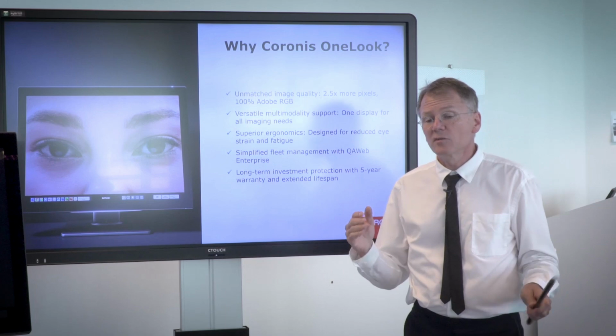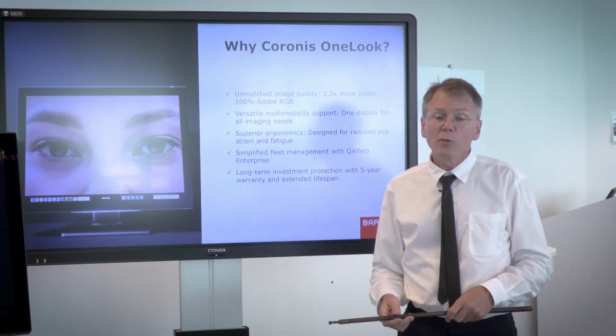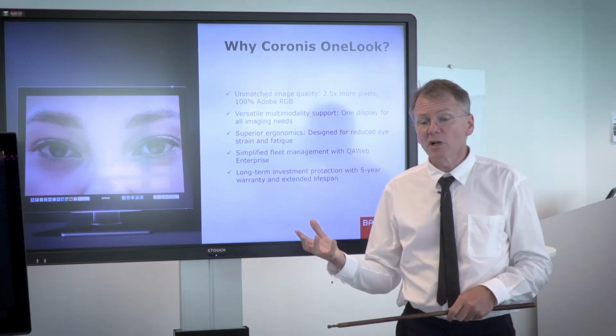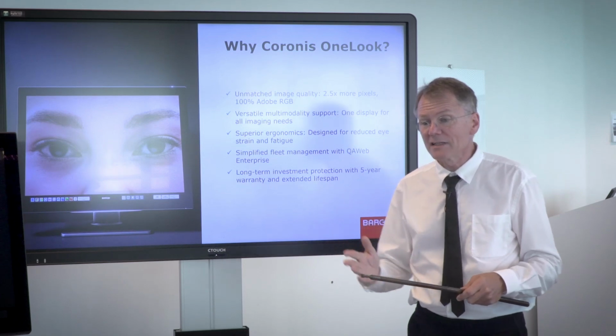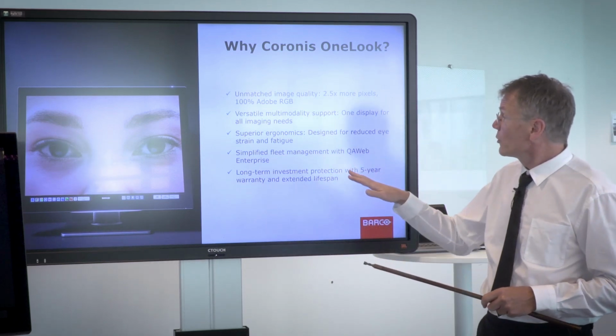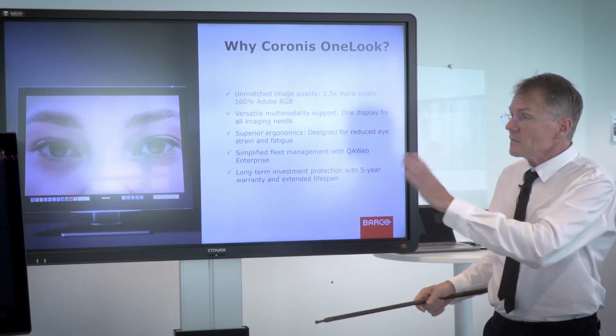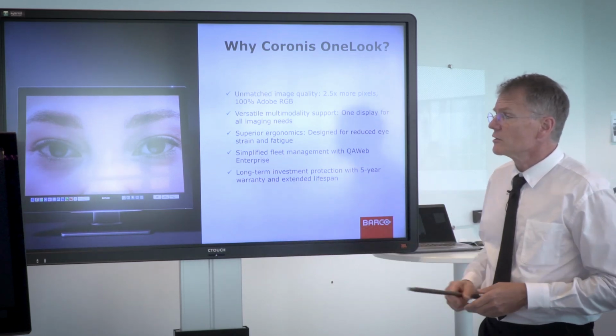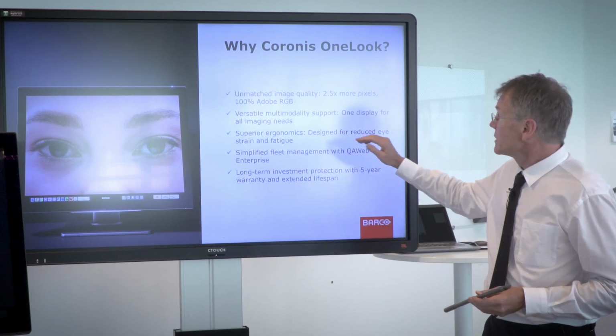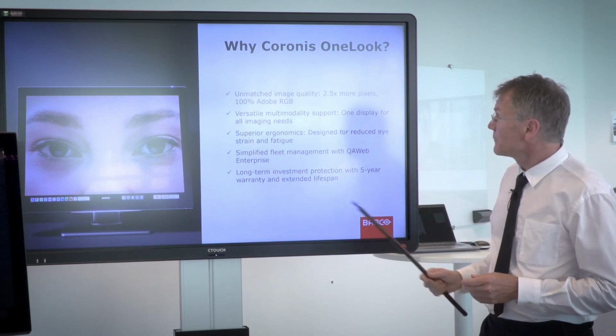The ergonomics: we've designed it to minimize the fatigue, both by having a high medical contrast, making it easy on your eyes in that sense, but also when we talk about the soft glow and the low reflections on the surface and such, these are all things that are nice for that.